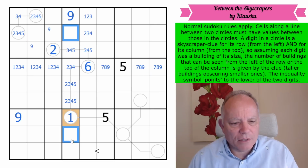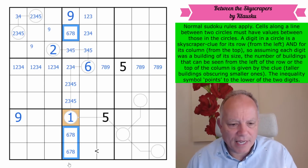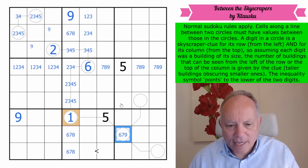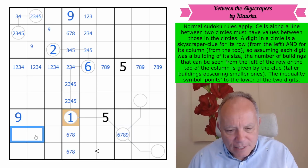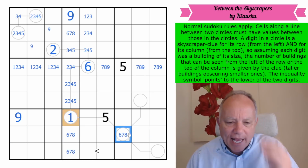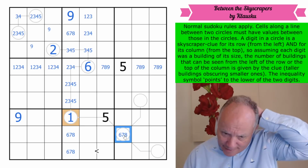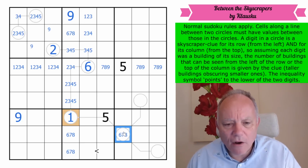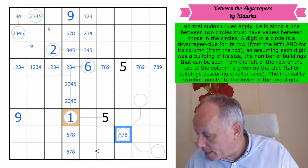Right, the other cells in this column are also 6, 7, 8. Now, this is a huge number. Well, I say huge, it's at least 6. Now, it can't be 9 because a 9 row or column has to be the digits in ascending order all the way, and that wouldn't fit with this. Can this be 8? If it was 8, no, it can't be 8. And the reason it can't be 8,